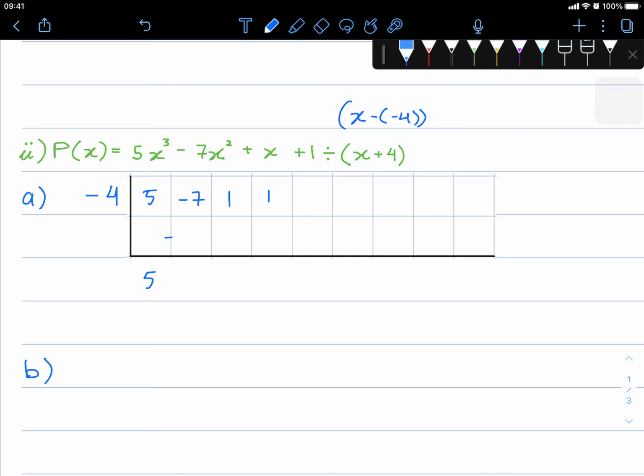5 times negative 4, negative 20. Adding the negative 7, negative 27. Times negative 4, 108. Adding the 1, 109. Negative 4 times 109, negative 436, adding the 1,